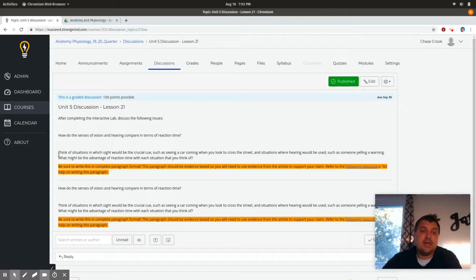reaction time? Think of situations in which sight could be a crucial cue, such as seeing a car coming when you look to cross the street, and a situation where hearing would be used, such as someone yelling a warning. What might be the advantage of reaction time? Blah blah blah. So you guys, with these, it is vital,